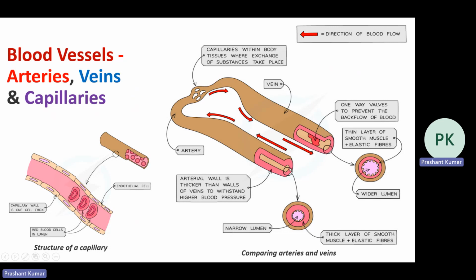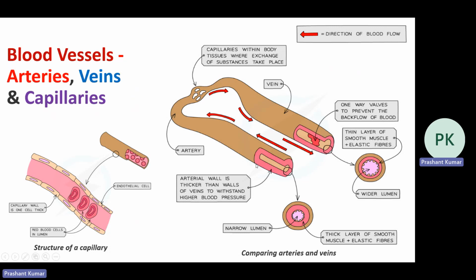These arteries have a very narrow lumen and a thick layer of elastic fibers and smooth muscles because blood is moving with high pressure. So we need smooth muscles which can slightly expand,